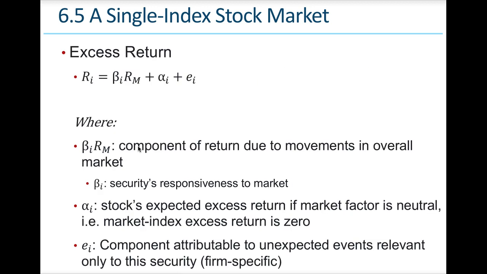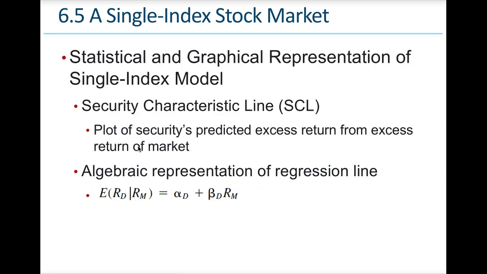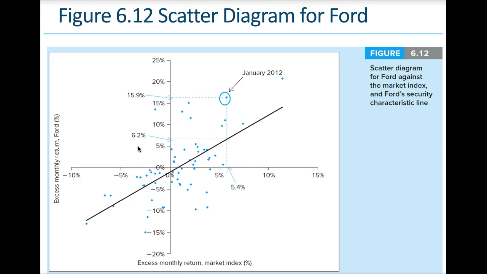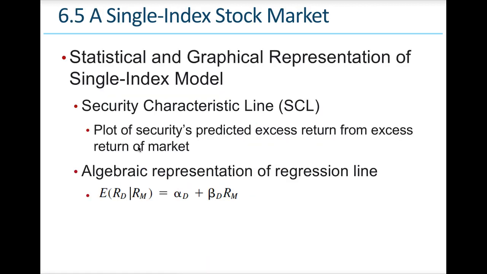And here's the formula for how to calculate the excess return. Okay, so we have a couple of formulas here, and these are going to help create another application of how to statistically interpret